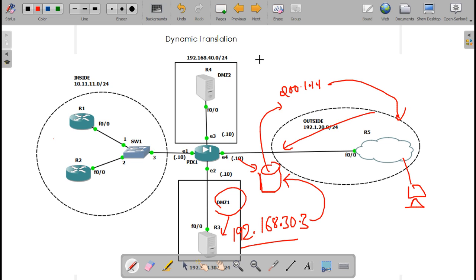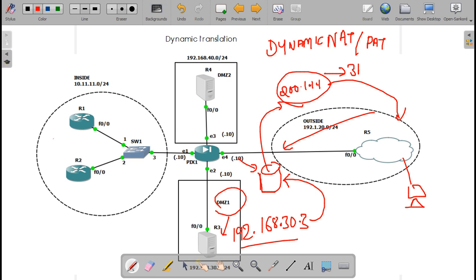This is what happens in dynamic NAT or dynamic PAT. If this is happening, your server will get this IP and this IP will be with it for the next 3 hours.